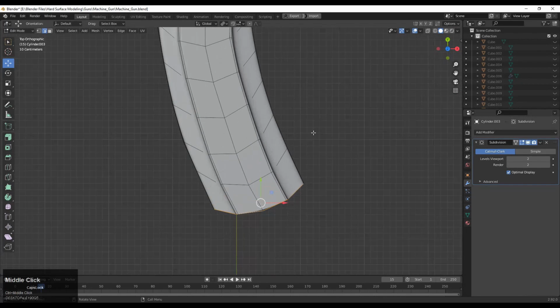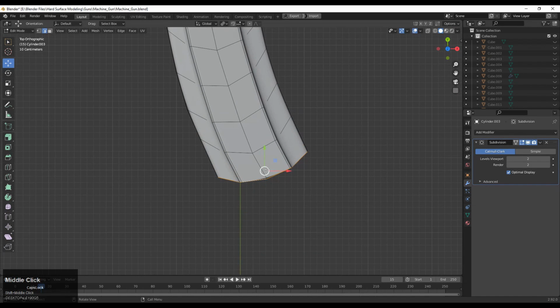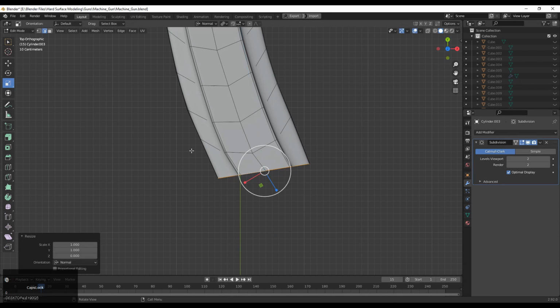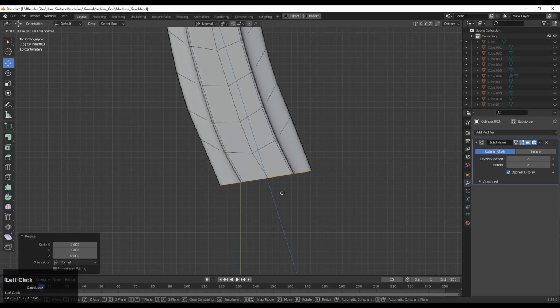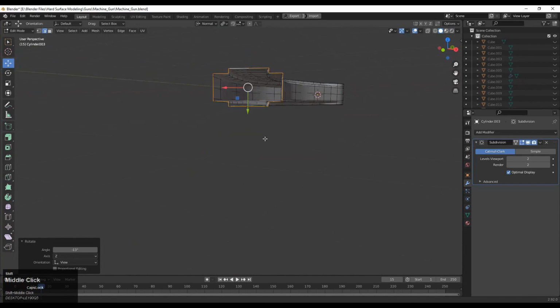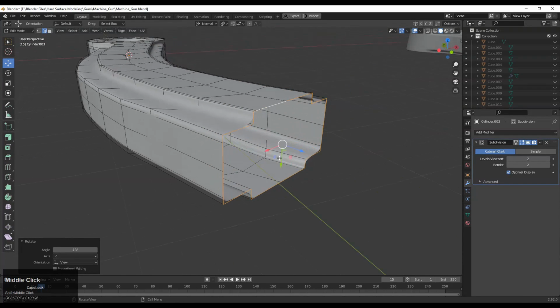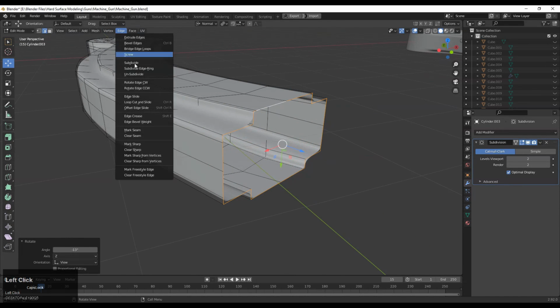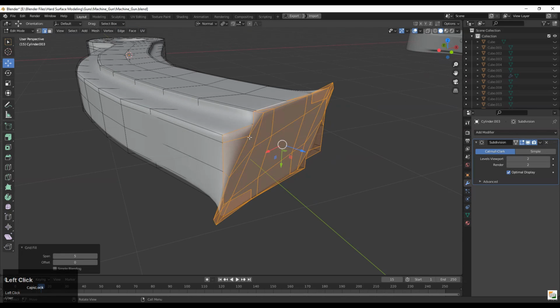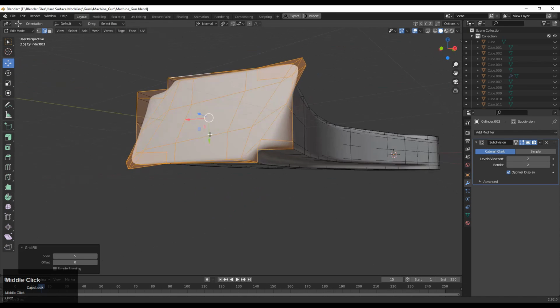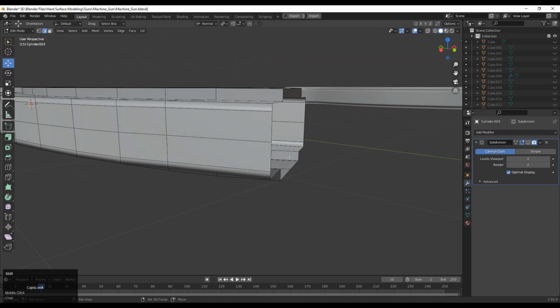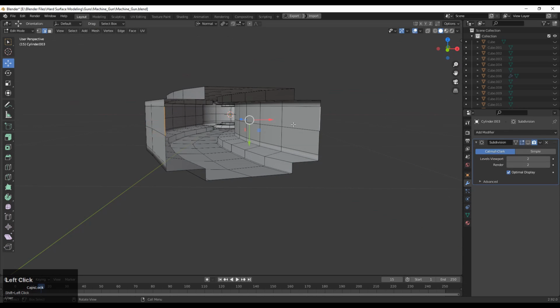Okay, so here I have deleted those faces, and here I need to create the new topology one more time. Before that, use the transform orientation set to normal and scale it along the normal z-axis, and I have deleted those faces. And here I need to create the right topology, so we won't get that weird shape, and here we can't use the grid fill. You can see the result, which is weird. So that's why we need to select these edges and press F to fill the gap and create a new topology there.